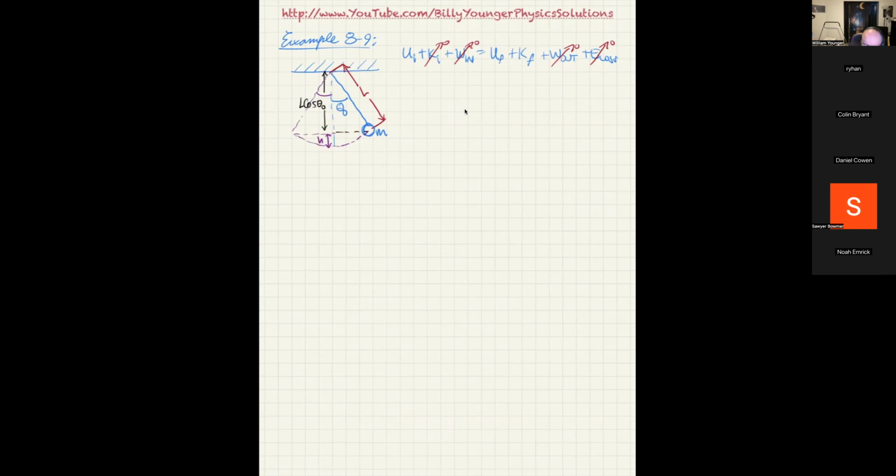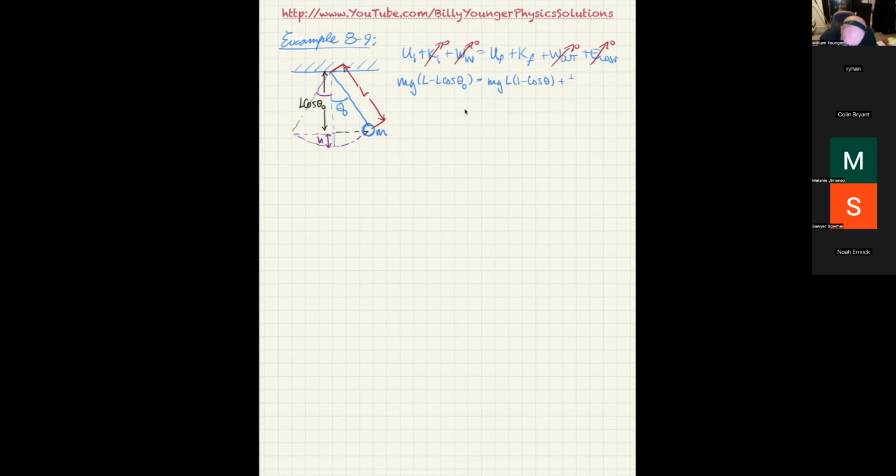So if I subtract L cosine theta from L, that would give me H. That means I am going to say M times G times parenthesis L minus L cosine theta, where initially the angle is in fact theta 0. Now that's equal to mg, and I'm going to go ahead and factor out the L this time,